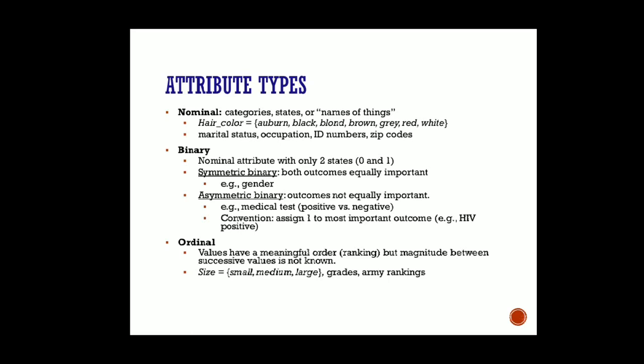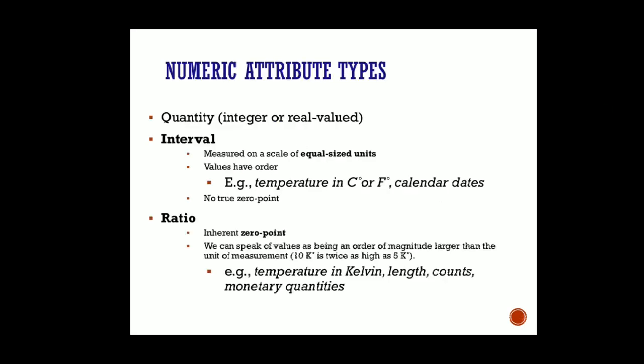These are a few examples. Now we have learned these two types as well, that is interval and ratio. Interval means that values have order and equal sized units, right? It may be calendar dates. It can be a temperature in centigrade or Fahrenheit. Say if the temperature is between this Fahrenheit to that Fahrenheit, then we will say okay, normal temperature. If it is between this to this, we will say the temperature is higher or lower, in this fashion.